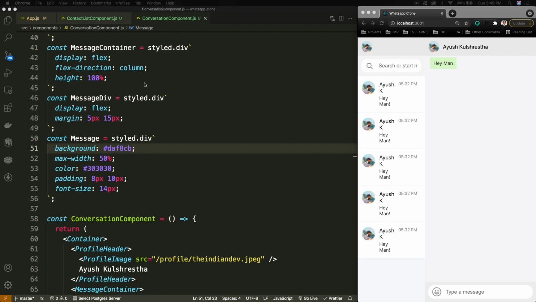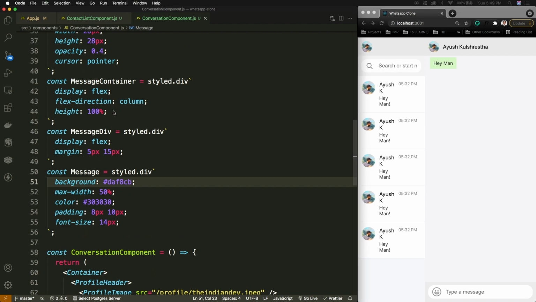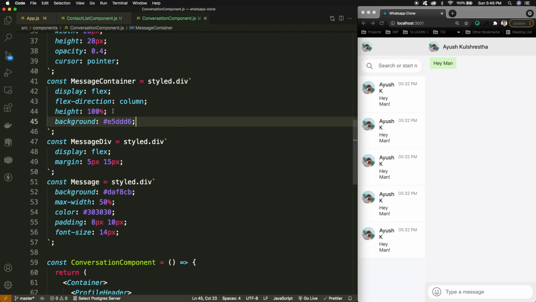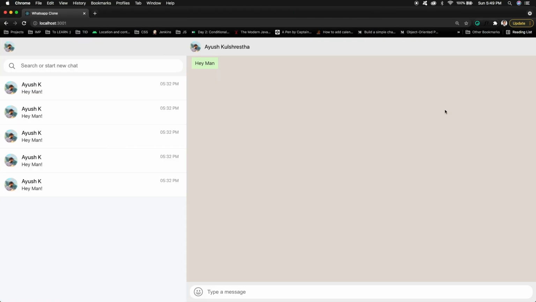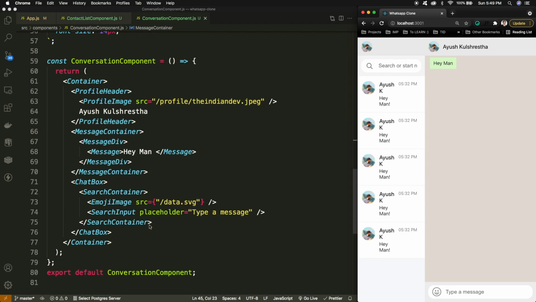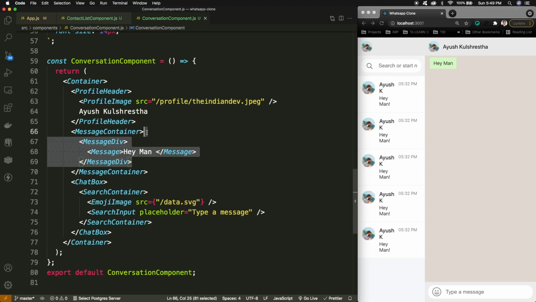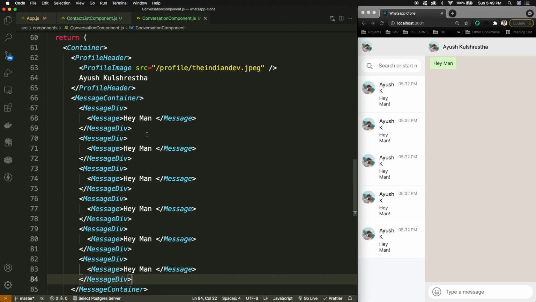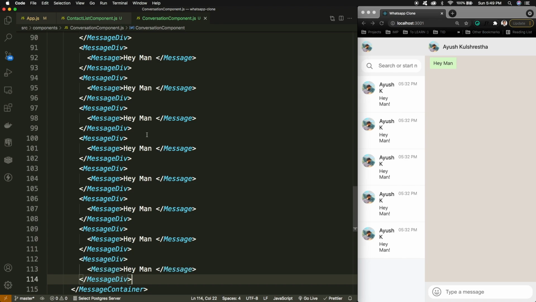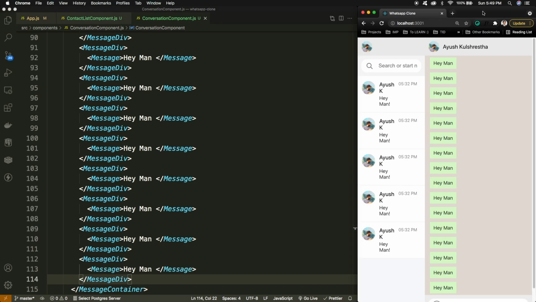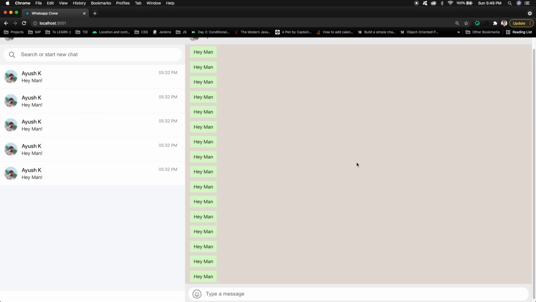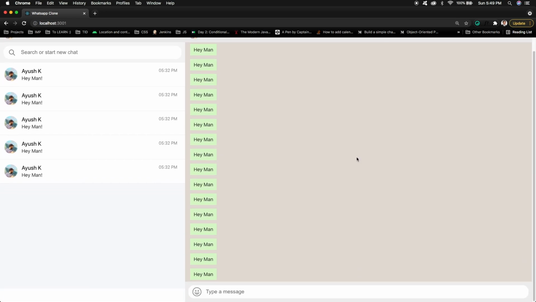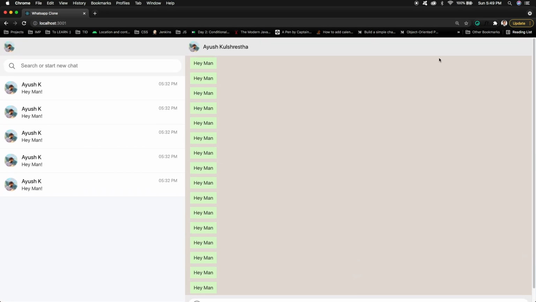So I'll define it in the message container, and now it looks a little bit similar. But I want to make sure that in case there are a lot of messages, if I replicate this message div, my whole application doesn't go into scroll mode. I just want to make sure that only this part is scrollable.